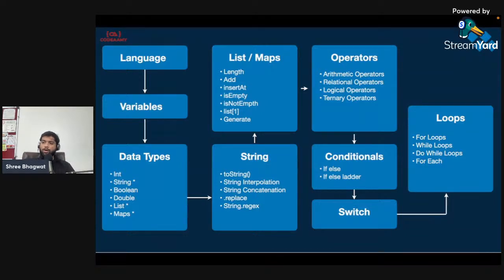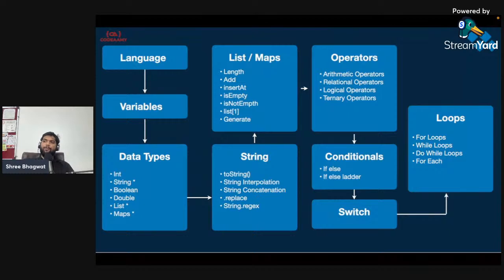When you focus on learning lists, or maps, also make sure you give focus to a few of the points that we have. For example, the length: how to count the items present in the list or a map, how to add items into the list, or how to insert at a particular point. Let's say there are 10 items in a list and you want to insert something at the fifth position, how can you do that? Also, how to check whether the list is empty or not empty, so that you can use that condition to create an application, to extract an item from the list,